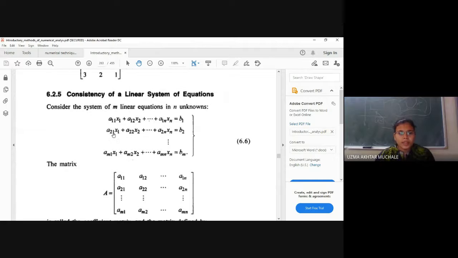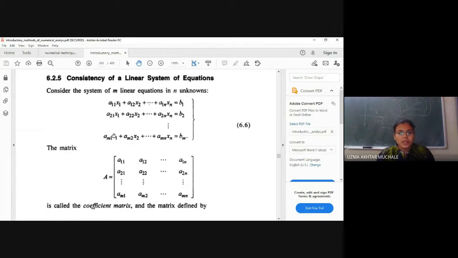Now, what is a system of linear equations? We have n variables with n equations. You have to solve those equations. Solving those equations means what? You have to find the values of x1, x2 up to xn, that is, the values of the unknowns. So we have m equations with n unknowns, and we will get a matrix of order m cross n. Okay, what are a11, a12, a13 and so on? These are constants. And what are x1, x2, x3 up to xn? These are unknowns that you have to determine.